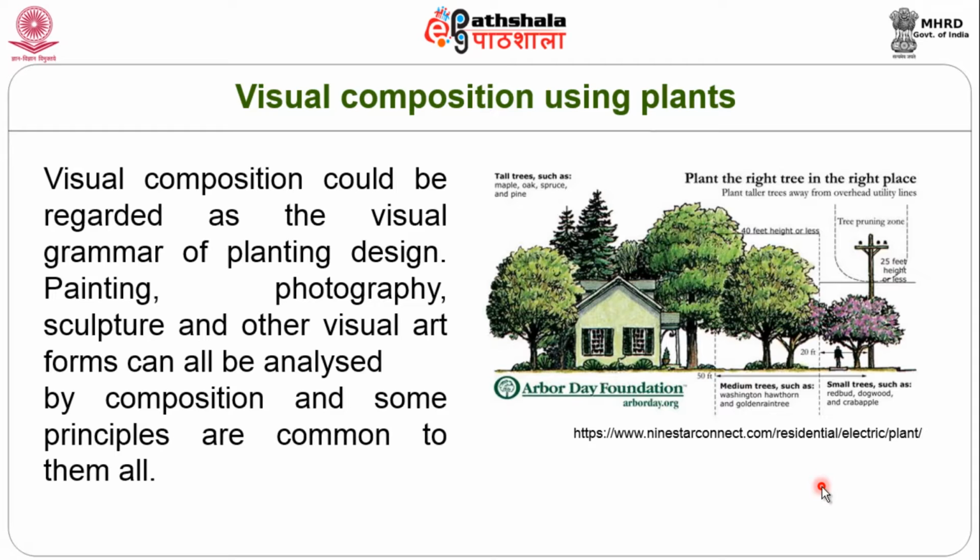and painting, photography, sculpture and other visual art forms can be analyzed by composition, and some principles are common to all. A lot of these principles are very common in all these, in terms like balance or harmony. It could also play a very significant and important role in a particular kind of visual art, like photography or even painting. So, there are a lot of principles that are very common to each other,